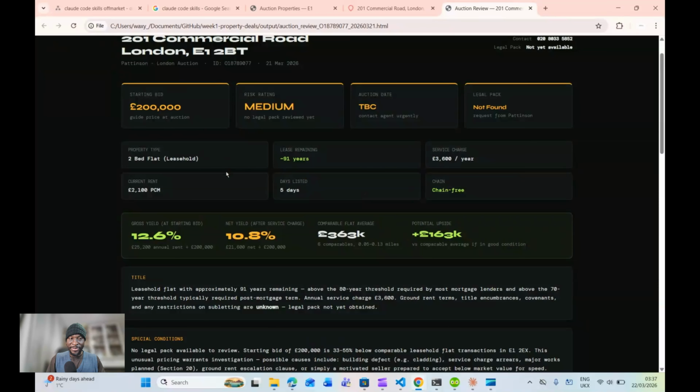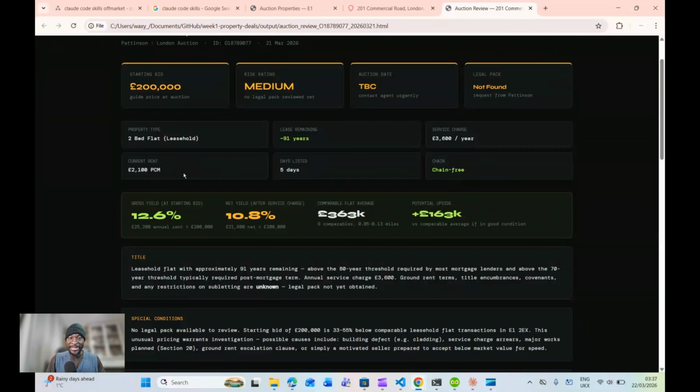So the property type is a 2-bed. The current rent you can get from that area is £2,100 per calendar month. How many years left on the lease? The service charge is 3,000. So it's gleaned all this information. Even though there's sparse information on the website, it's able to pull that into one place for you to have